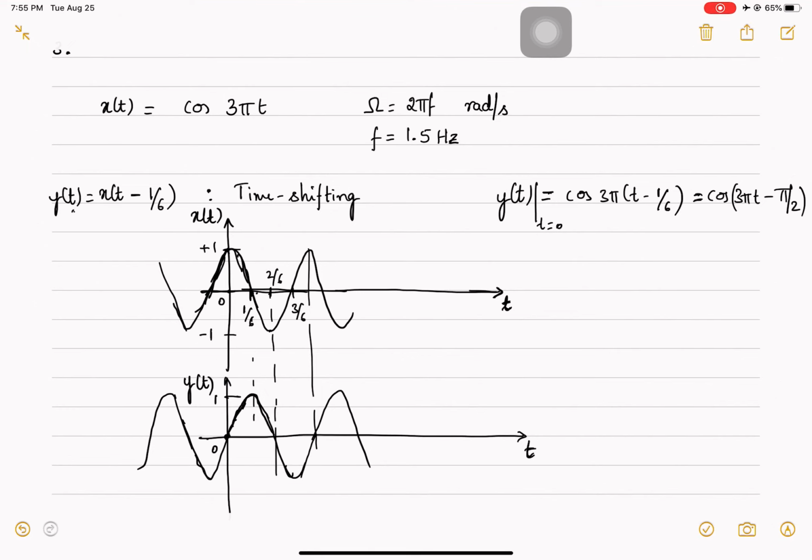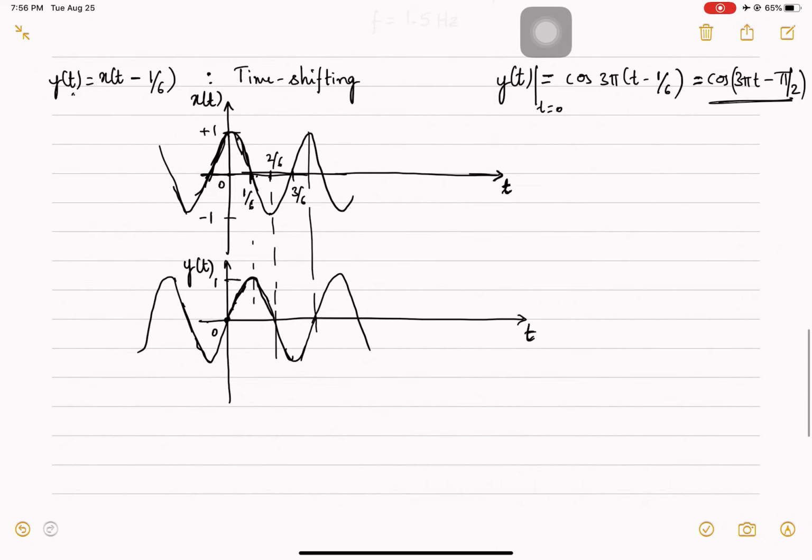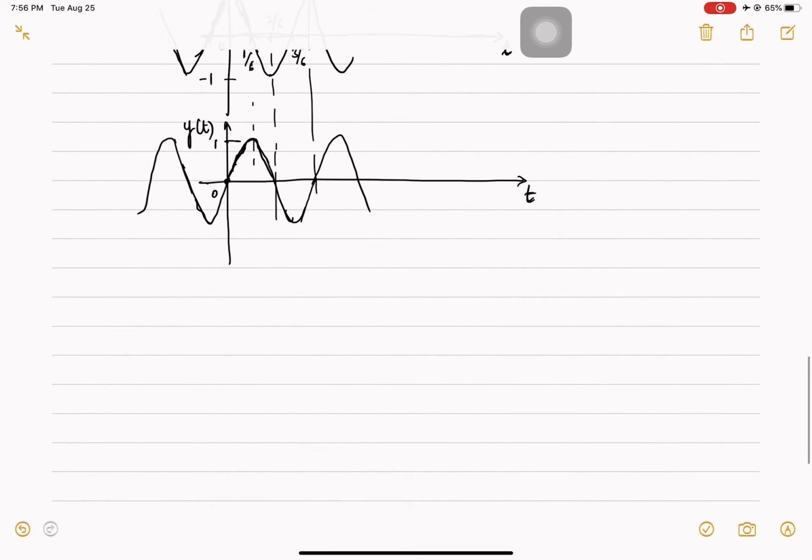So this is how you get the waveform. You substitute for t here. Instead of t, you substitute t minus 1 by 6, and when you do the arithmetic, you get the relation between y of t and x of t. When you plot y of t with respect to t, you get the signal shown in the second diagram. So this is basically the time shifting of a function by the appropriate units. Moving ahead,